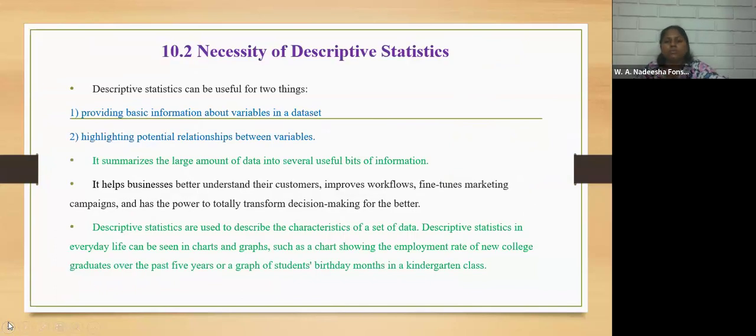That is the necessity of descriptive statistics. We can use descriptive statistics to provide basic information and also highlight potential relationships. Then it summarizes a large amount of data into several useful bits of information. It helps businesses better understand their customers and improve workflows. It means